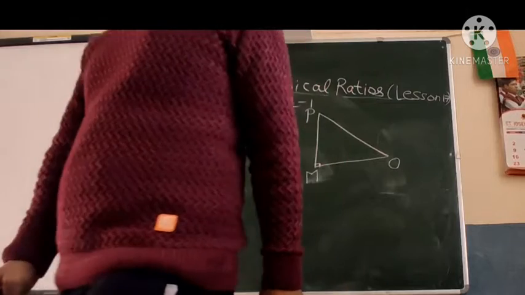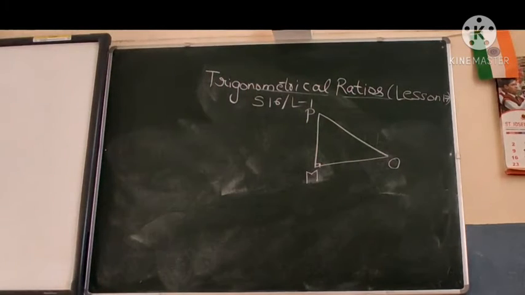Here you know about one theorem regarding the right angle triangle, that is called what? Pythagoras theorem. And the Pythagoras theorem states that the square of the hypotenuse of a right angle triangle is equal to the sum of the squares of the other two sides. So that theorem must be very much prevalent to you. You must have learned it also, and we have done it as a chapter in this same academic year.